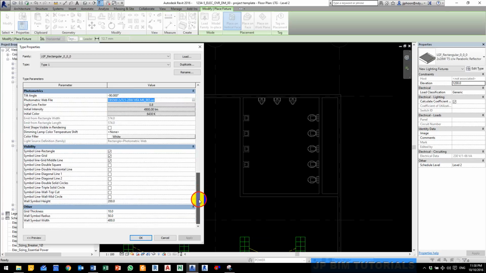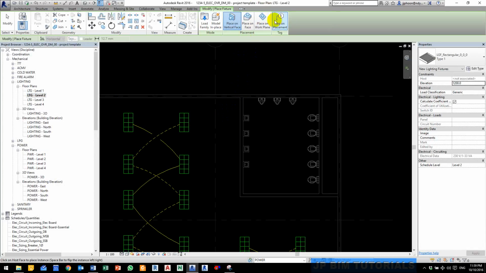And at the very bottom you can change the symbol of the light. So for example, if this light has a rectangle around it but doesn't have a grid, but let's say it has a double square, so if I click on that and I click OK,